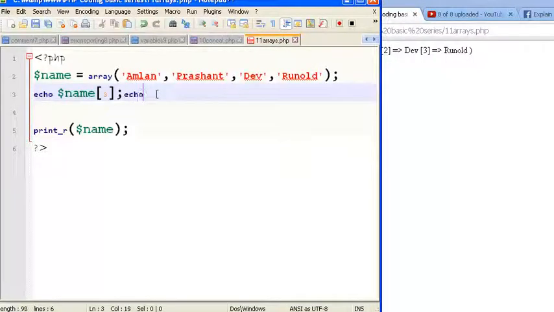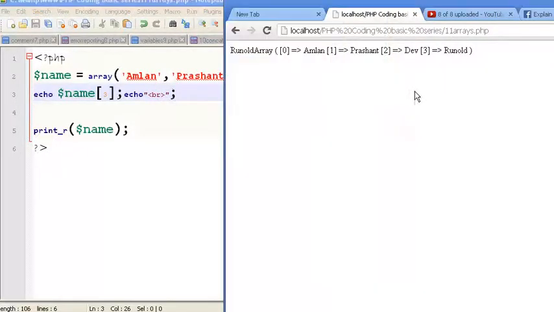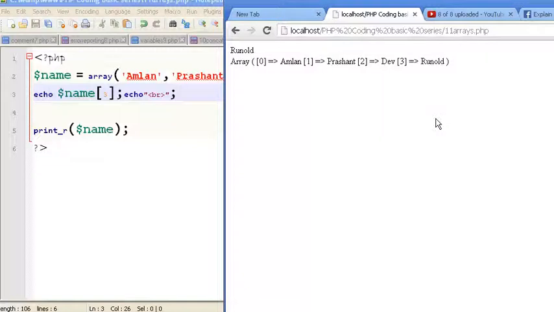I will also add a line break there, and you can see the array has printed itself out. It shows that it has 3 indexes, and for each index it lists out the value.